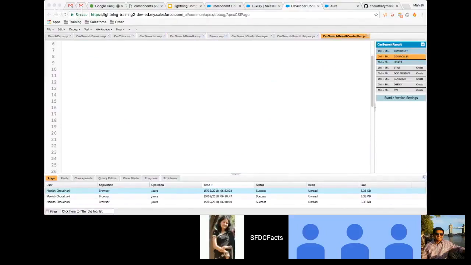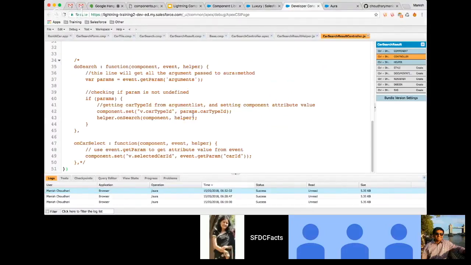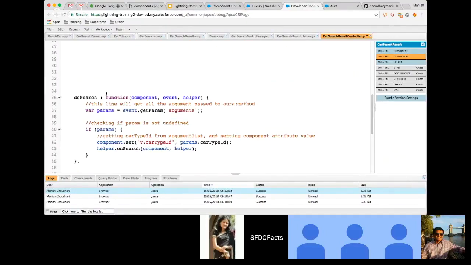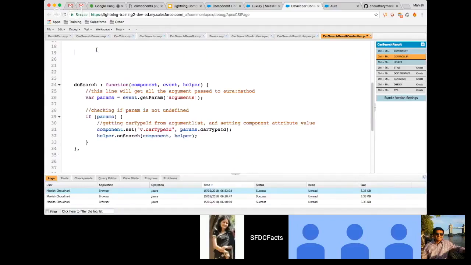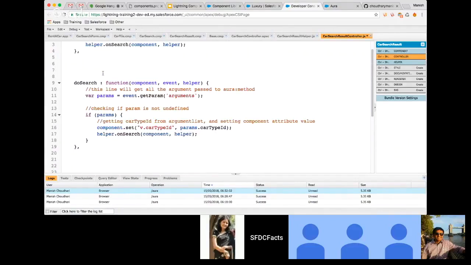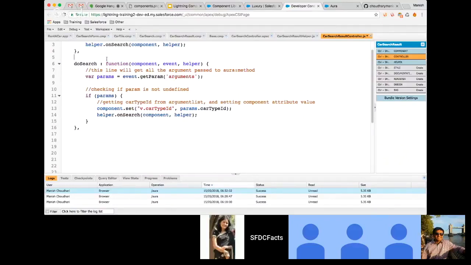So let's write our do search function. I think I already have it in our controller file, but I have commented it out. Yep, so let me uncomment it. Yeah, so this is our do search function. What are we doing in this one? So first of all,